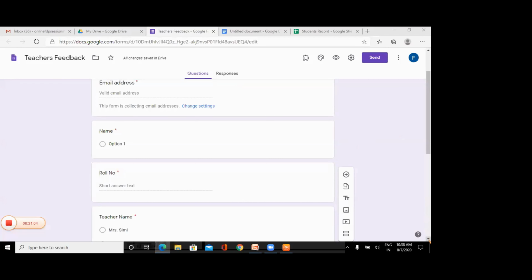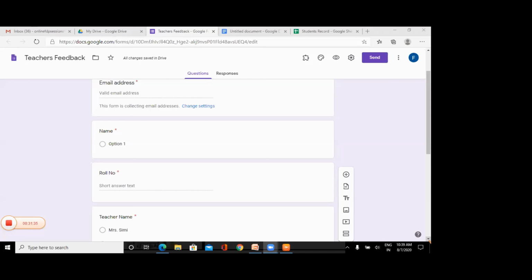What it will do, it will create the number. Suppose I am having 50 or more than 50 students in my class. So it's a tedious task to create a separate file for each and every student, right? So with the help of add-on, it will automate this task. It will create 50 separate files with 50 student names. I need not create 50 separate files for each student. So that template I have created for that purpose.